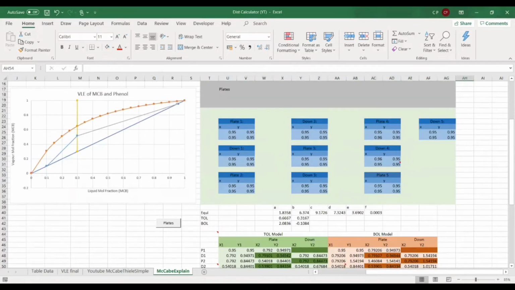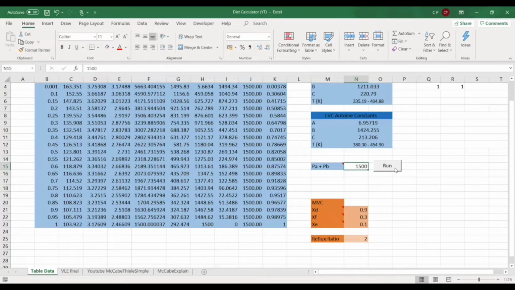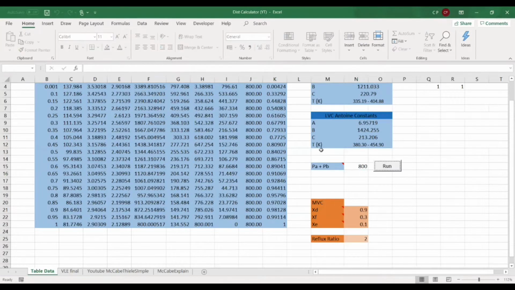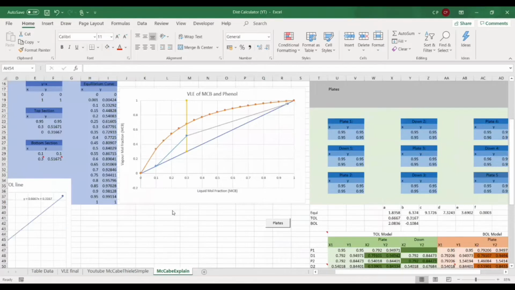So the first step that we need to go through is adding an equation of the line onto this equation here. If I just change the pressure of the system, that's going to generate a new equation for us, so it's not already solved. Okay, brilliant. And then the first step we need to do is insert a trend line